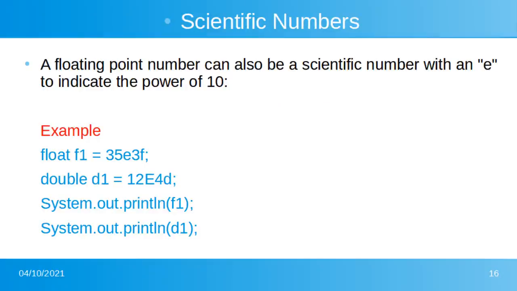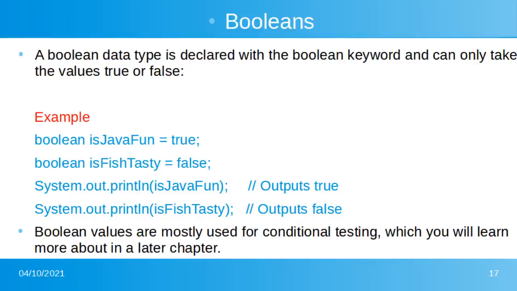Scientific numbers. A floating point number can also be a scientific number with an e to indicate the power of 10. Example, float f1 = 35e3f; double d1 = 12e4d; System.out.println(f1); System.out.println(d1);